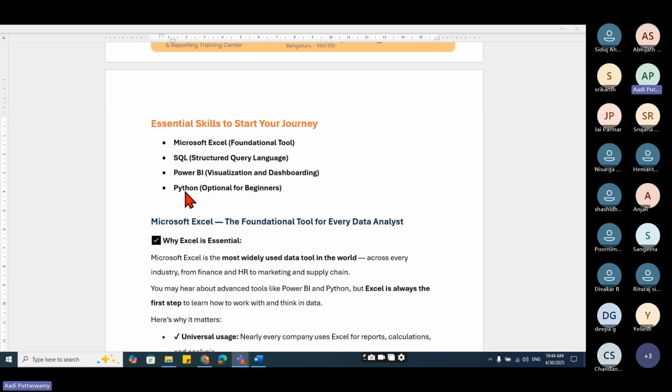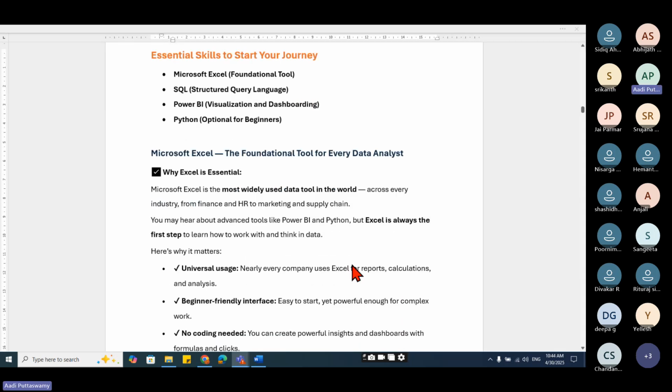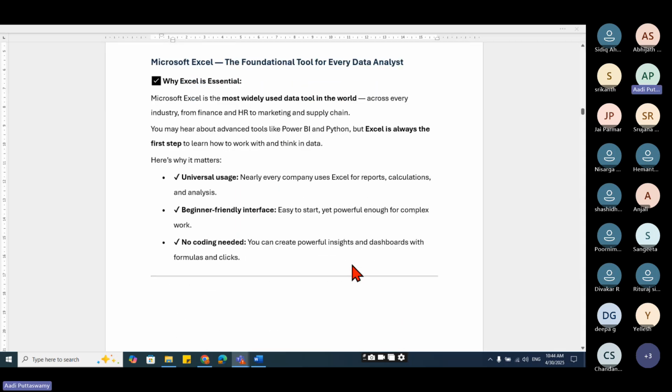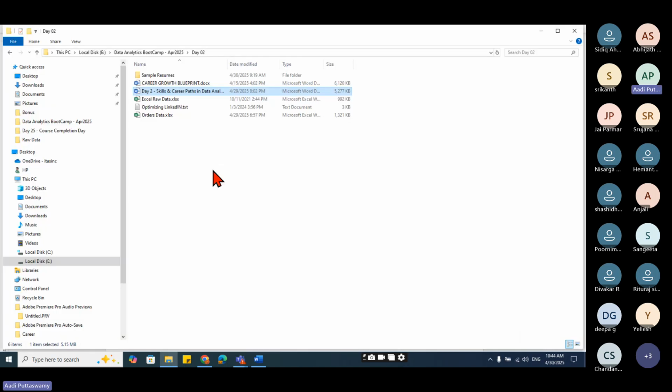Now, what I have done is, for all these applications, I have taken some data here, which is similar to the data I use for my trainings. But here I've taken a very simple data instead of showing you all the data, so that I can teach you how we can import the data, how we can work on the dashboards, and how easy it is to create the dashboards. All right, so let's go to